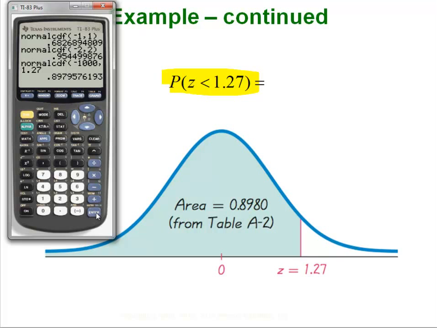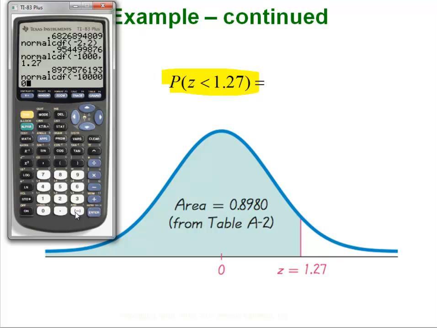Look at that right there. 0.89795 blah blah blah, it would round up to the exact 0.8980. And if you try bigger and bigger negative numbers for your first one, so how about negative a bunch of